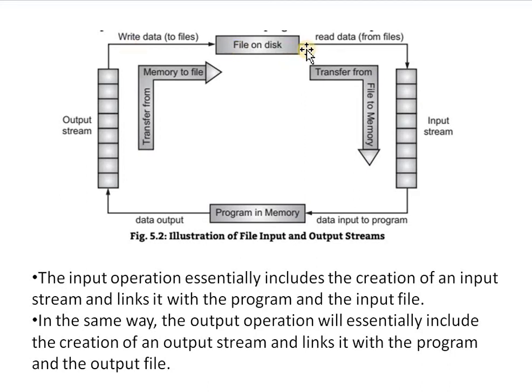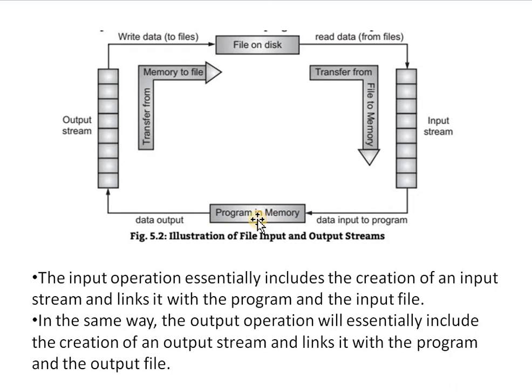At that time, that file is converted into a stream format. That means the file is divided into bytes. Here is an A, next byte is B, next byte is C, next D. In that way, the file is converted into a stream format,